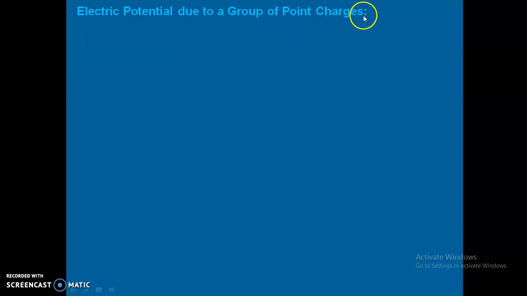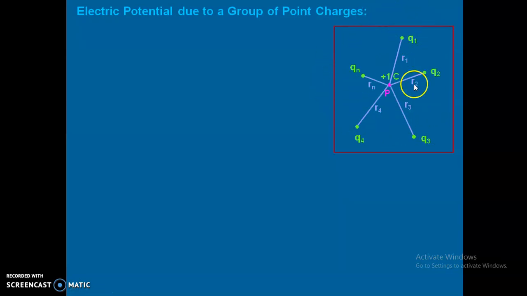Now, if a group of point charges are there, what will happen? Let's see. A point P, plus 1 coulomb charge is there. At this point, Q1 charge is there. At this point, Q2 charge is there. At this point, Q3, at this point, Q4 and Qn. So you can see a system of n charges are there. So what will happen? This charge will exert force on this one also, this one also, this one also. Okay. So definitely every charge will have its own potential, Q1, Q2, Q3, Q4